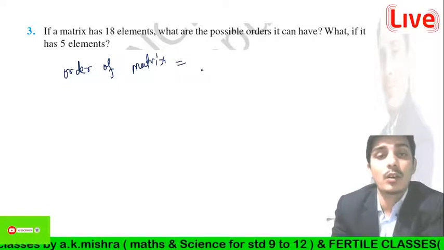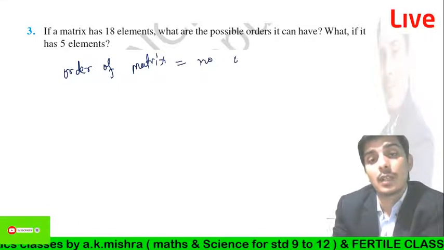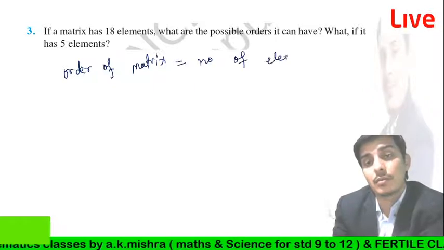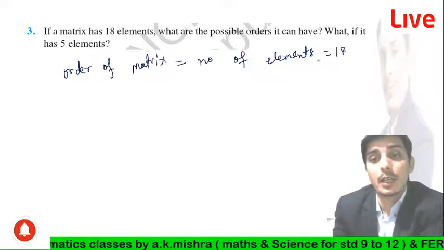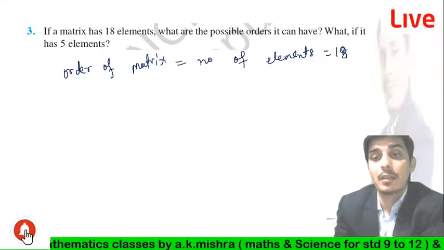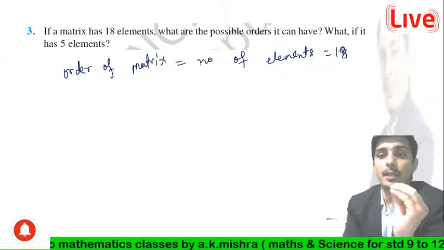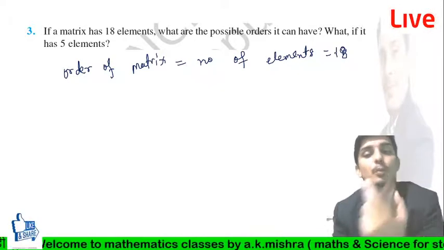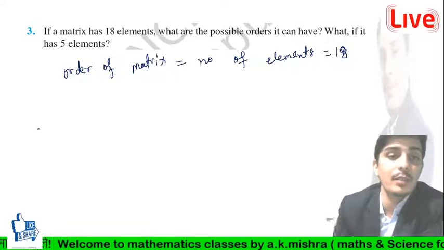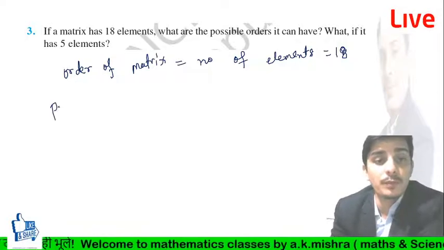We can write here order of matrix equal to number of elements, right? So number of elements equal to 18, and now I am going to factorize and convert into the 2 parts, right? Split into the 2 parts the product of the 18, guys. So we can take what possible